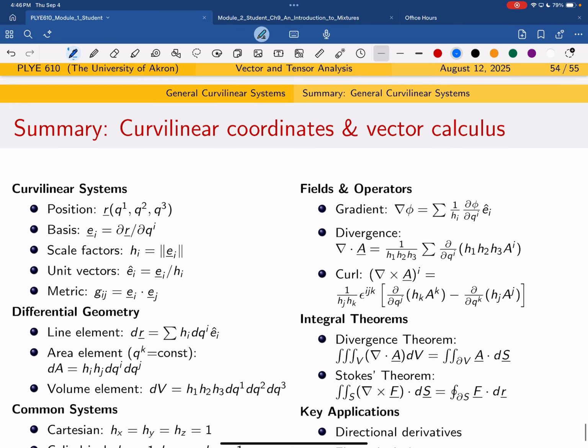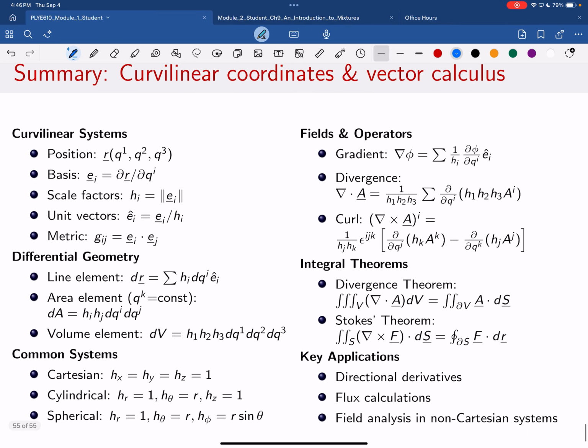Okay, so in summary, for this part, you learned that there's a position vector that depends on the coordinate components Q1, Q2, Q3. Using that position vector, you can define a basis vector, and the magnitudes of these basis vectors are going to give you the scales, right? And this is for Cartesian, cylindrical, and spherical coordinate systems. So you can have the scales, and you learned how to calculate the curl, divergence, and use those theorems of divergence and Stokes theorem to simplify basically either the flux that is crossing the boundary or the total rotation in your system. So in the next class, I will solve some of the